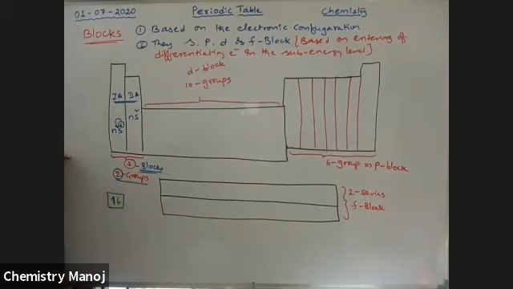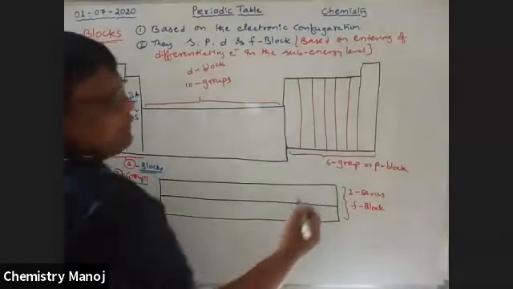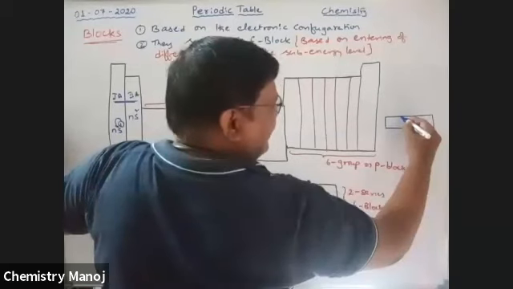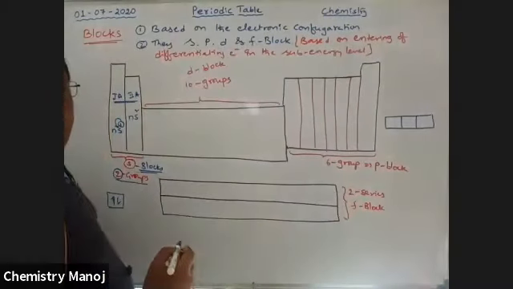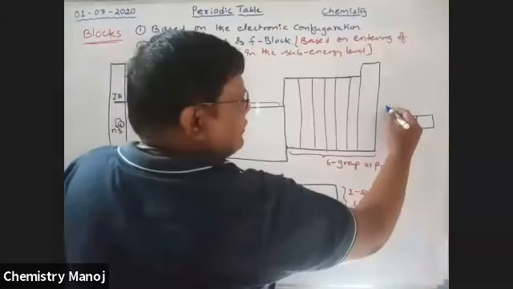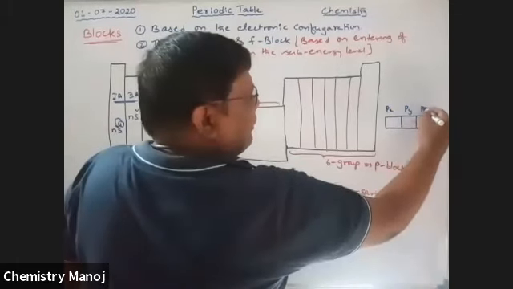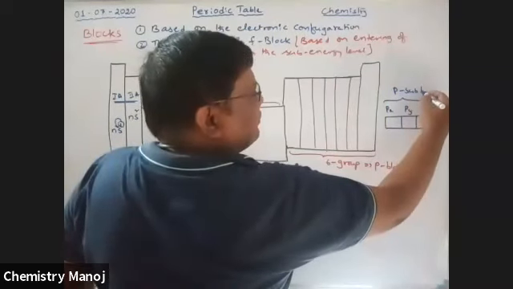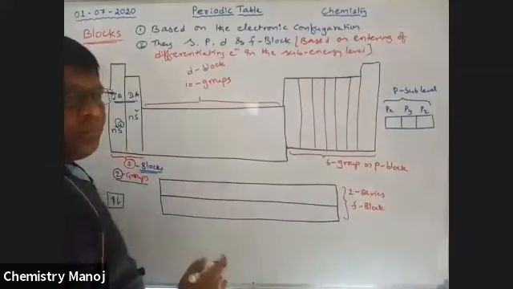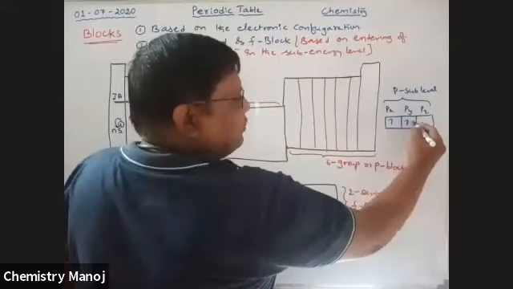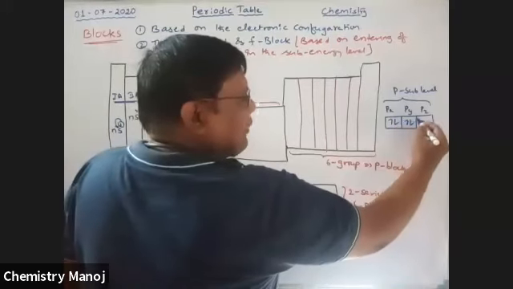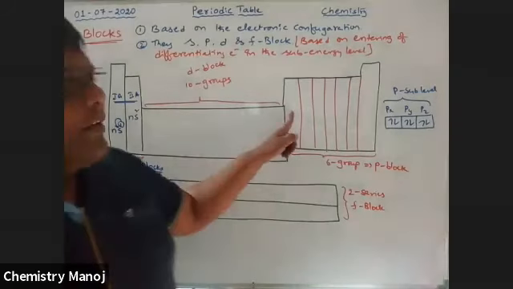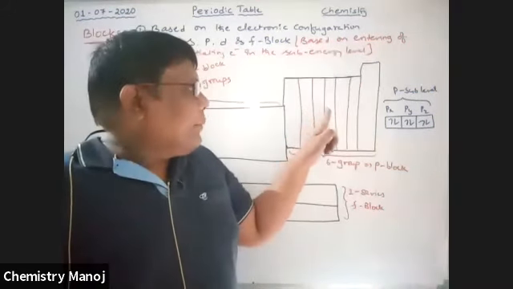But in the p sub-energy level, there is a px orbital, py orbital, and pz orbital. It is considered the p sub-energy level or p sublevel. It is p1, p2, p3, p4, p5, p6. Up to 6 electrons are possible. That's why here p1 configuration, p2 configuration, p3, p4.